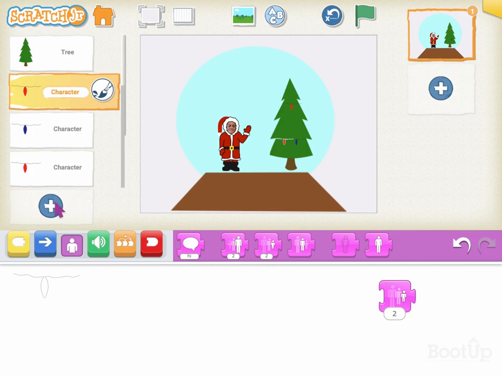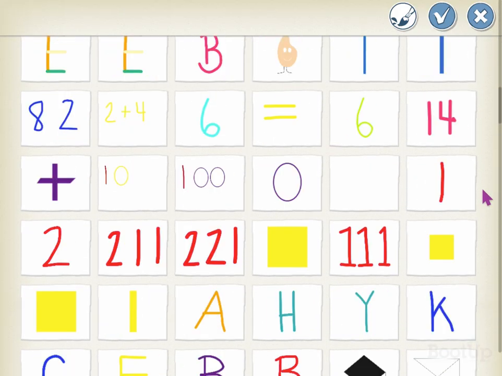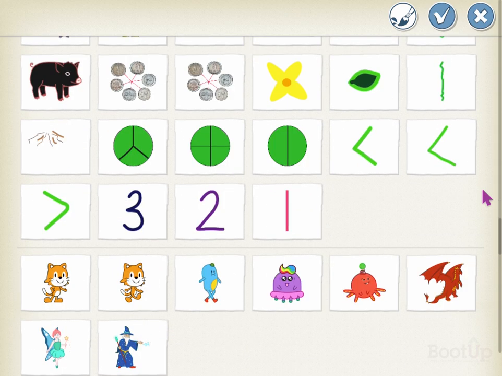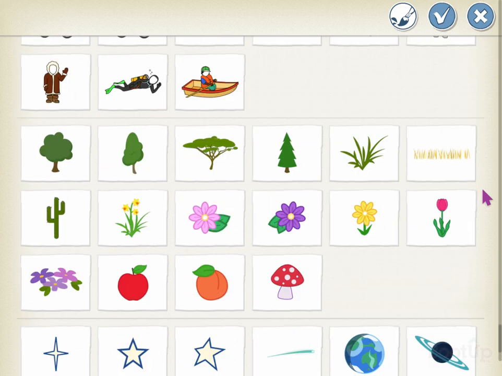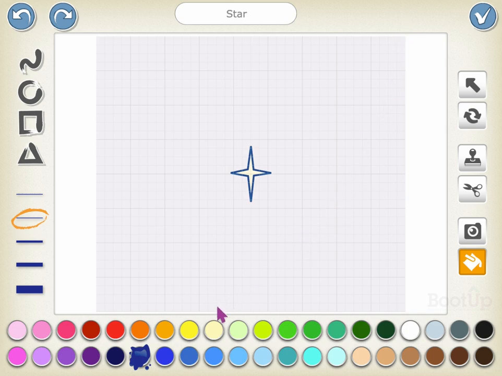For the tree topper, click the plus icon and select the star and then the paintbrush icon at the top right. Use the freehand tool to draw rays coming out of the star. Once you're happy with the rays, click the check mark